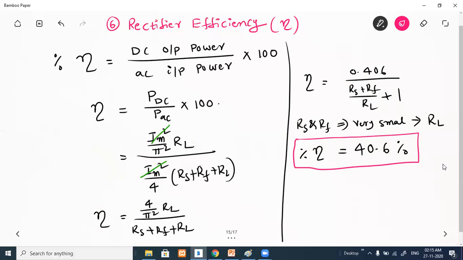So here efficiency means PDC by PAC equal to 40.6 percent, which means PDC equal to 40.6 percent of PAC. In the half-wave rectifier, a maximum of 40.6 percent of AC power gets converted to DC power in the load, and the remaining 60 percent